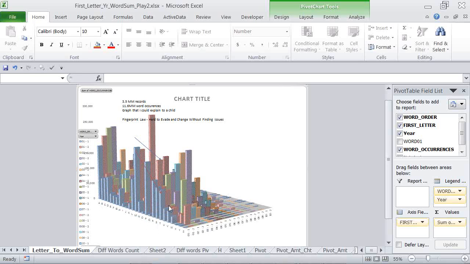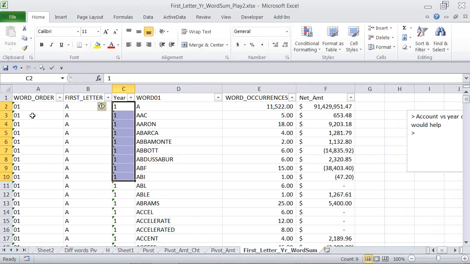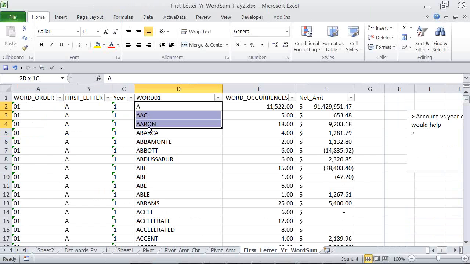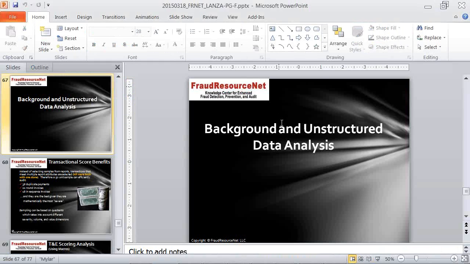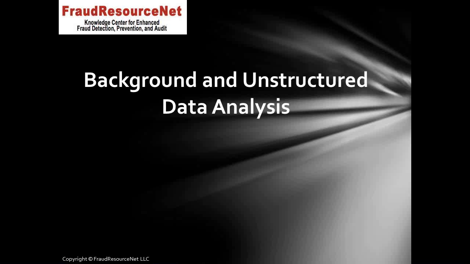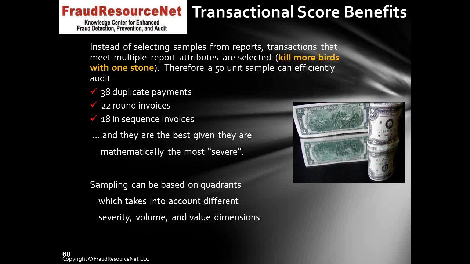So I wanted to show you something a little more advanced. I mean, definitely beyond this course today, but to give you that idea of what you could do if you could figure out the word order for each word and put a letter to each one of those. By doing so, again, I think textual analytics can gain a much better perspective of data than you've had before. So just to close out,